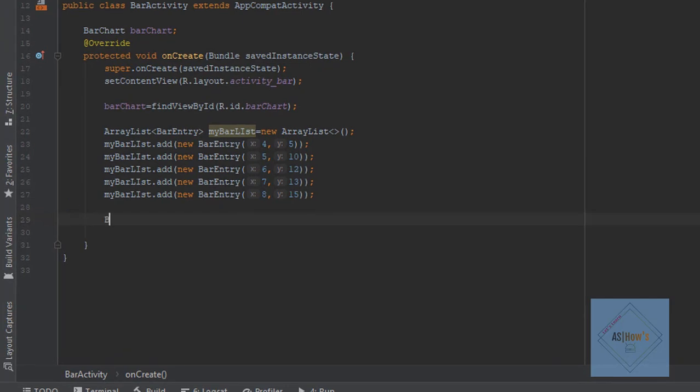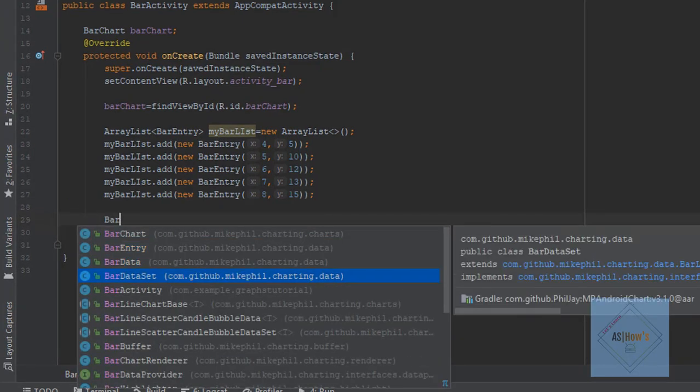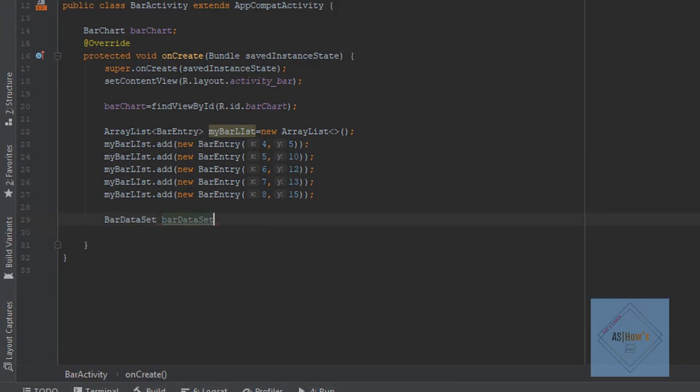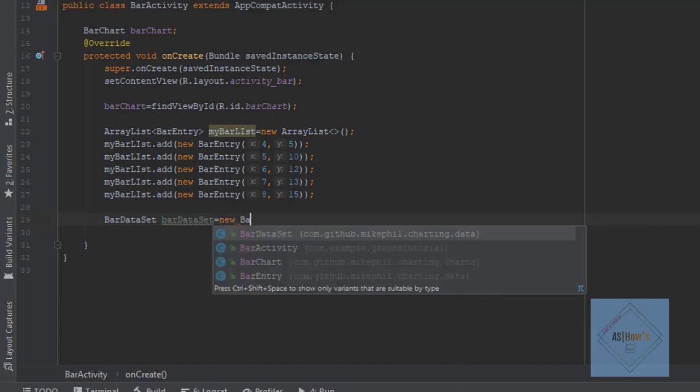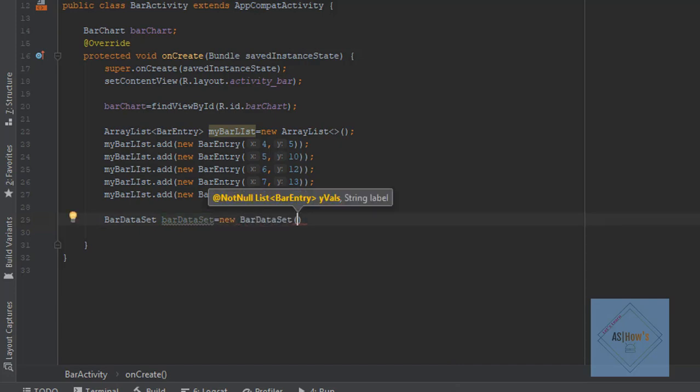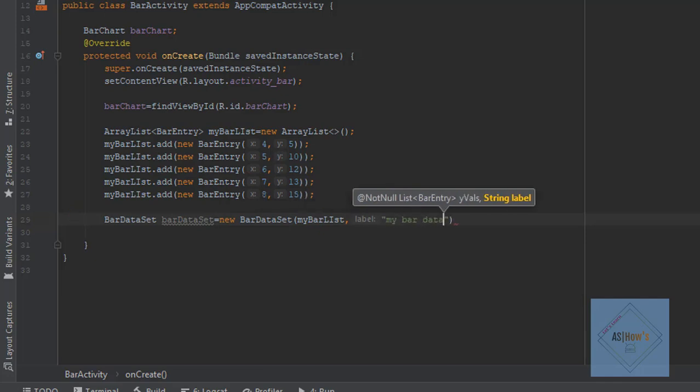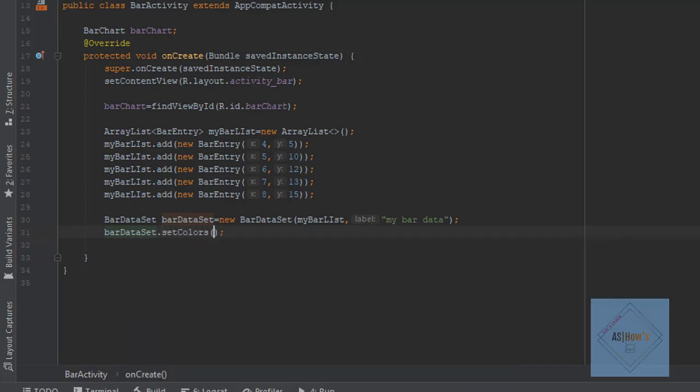So now we will write here BarDataSet is equal to new BarDataSet, and in here I will write the name of my list, which is my_bar_list. Next I will give it a label. I will just write here My Bar Data. Next we will write barDataSet.setColors, and here we will write ColorTemplate.MATERIAL_COLORS.